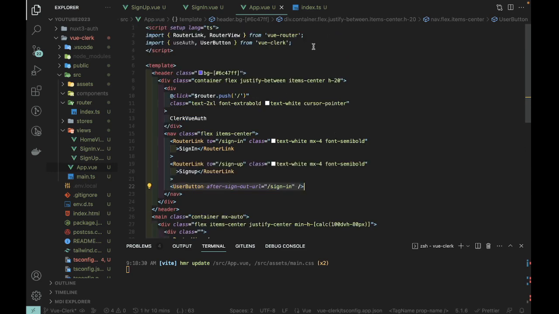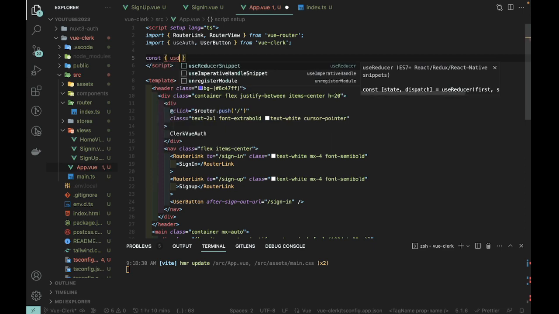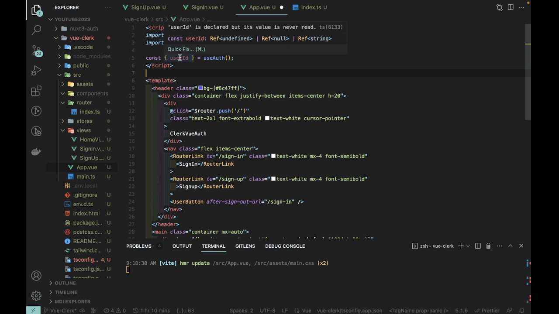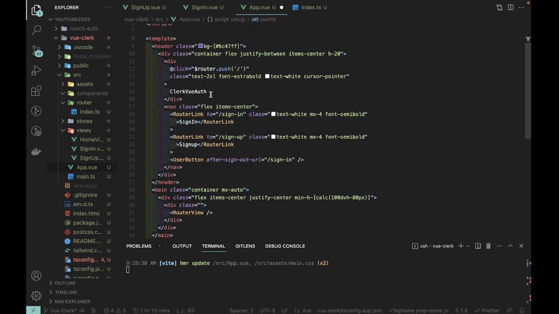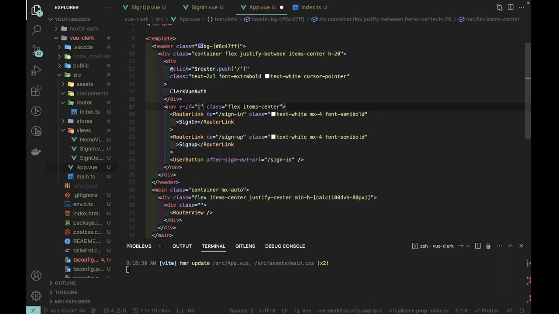I can say const userId. So basically this will be from the useAuth composable. So this is the composable, it will give us the userId. So userId will either be undefined, null, or string. If it is string, it means userId exists. So I can simply come here, I can say nav, I can simply say v-if we don't have userId,